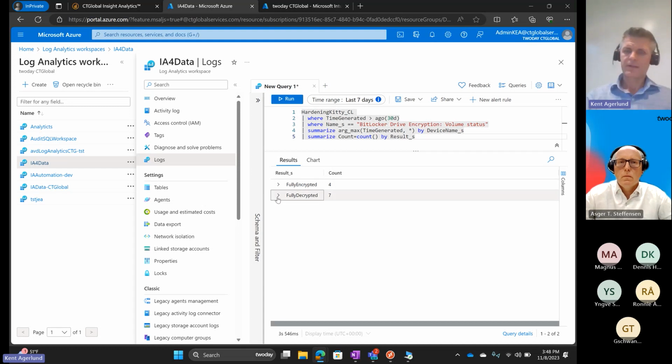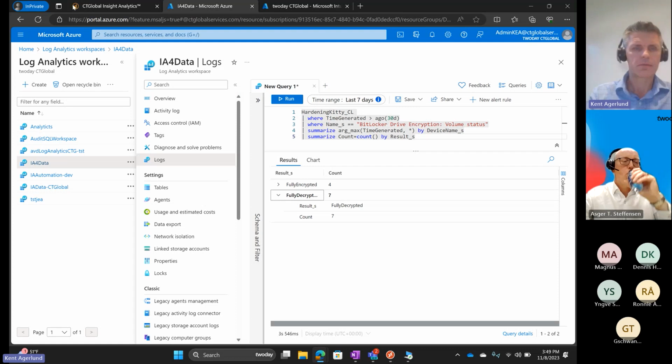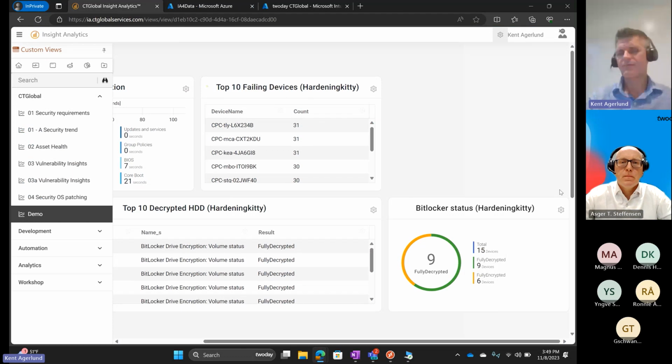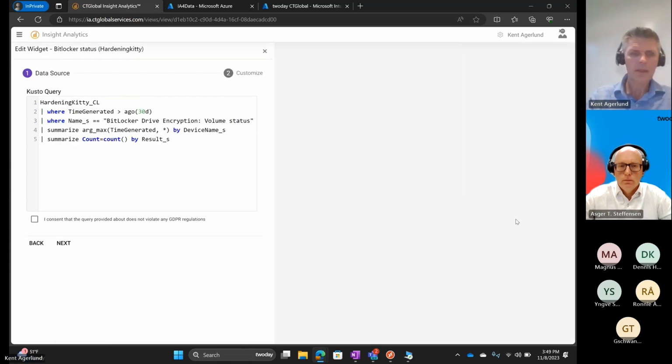So now I have the data, meaning that now I can go into SCCM, and by the way, I changed the time range, but anyhow, now I can go into SCCM, and then in SCCM I can create the very same, and that's what I've done here. So if I look at this widget, then you'll see it's the exact same script as I used to be running in my log analytics workspace. Now, what does this mean? Well, it means that you can literally